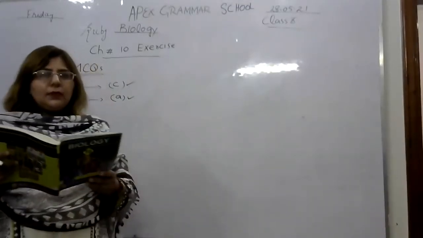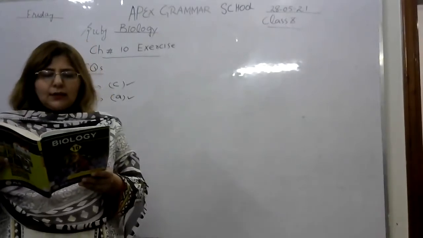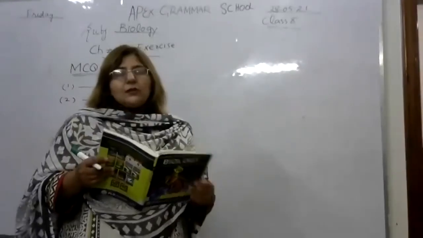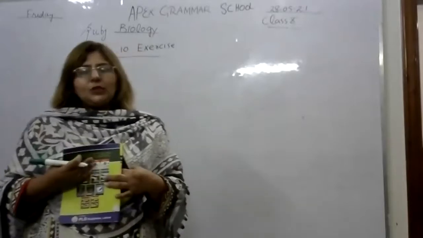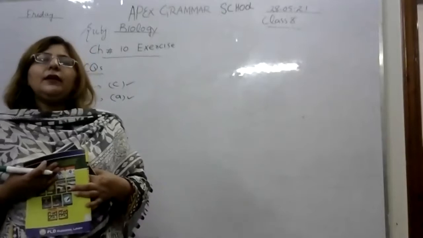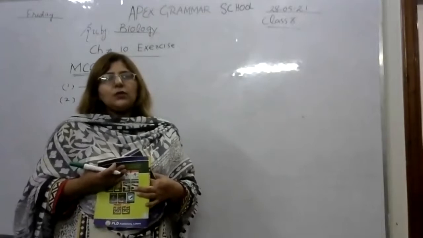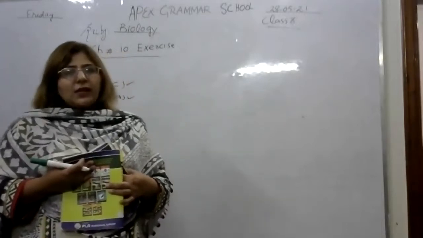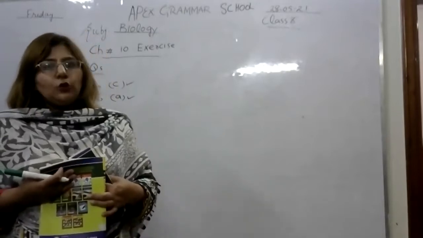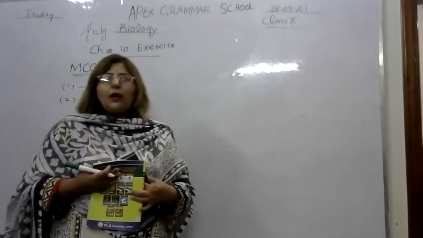Now come to question number 3. Question number 3 is that how many bronchi are there in the air passageway? We also discussed in the chapter the air passageway. When air enters into our trachea, it divides into two parts. The right part goes into the right lung and the left part goes into the left lung. And when this trachea enters into a lung, it further divides into small tubes. These small tubes are called bronchioles, and collectively it is called a bronchi.